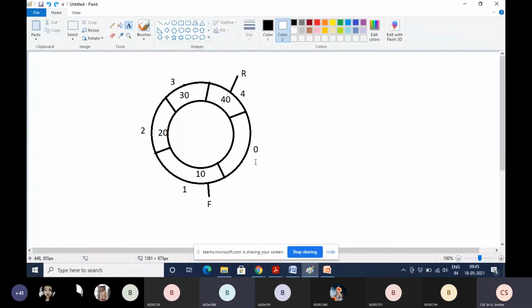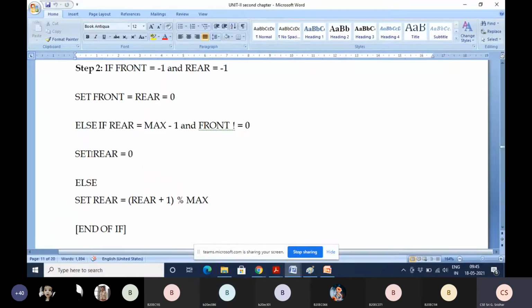Yes, sir. Yeah, that's what in the algorithm we are mentioning, that we have to set rear to 0 when rear is pointing to max minus 1 and front is not equal to 0. You can also write here, instead of 0, directly use this formula, no issue. If rear equal to max minus 1, if you perform rear plus 1 modulus max, what is the value you will get, students, here?